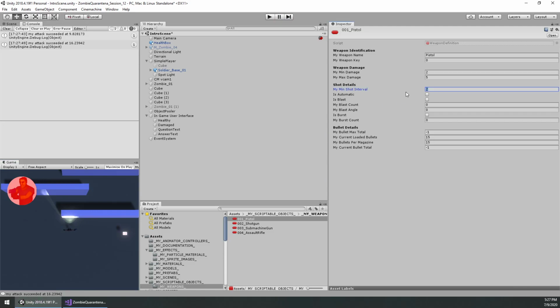I'm going to set it back down to 0 because we want the pistol to have no shot interval right now. We may want to come back and eventually give the pistol some kind of shot lag. But since it's the player's emergency weapon and most zombies are going to take a lot of hits, I want to right now default it to having 0. Okay, so let's go back to our shot handler and move on with our next little enhancement,